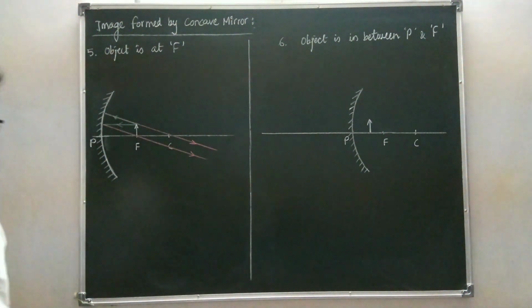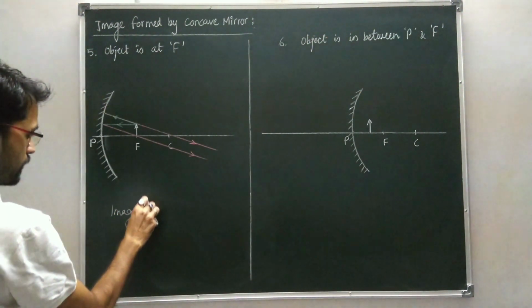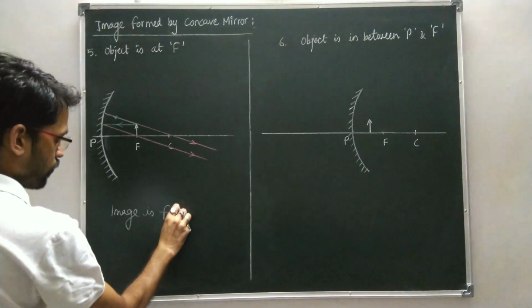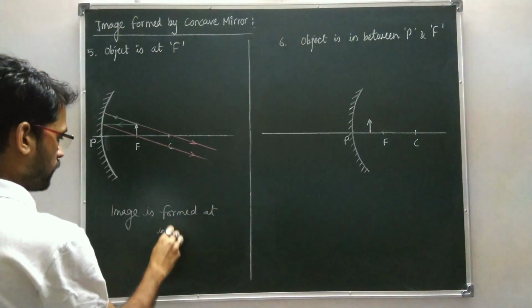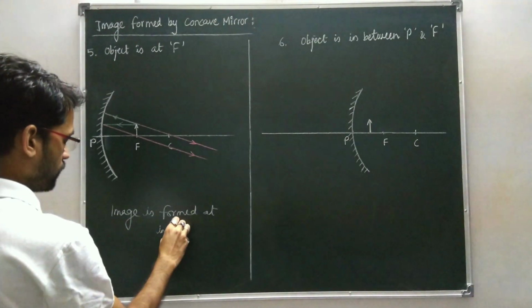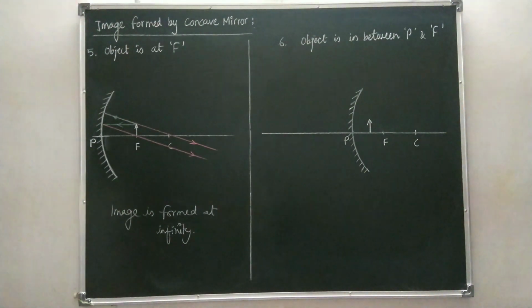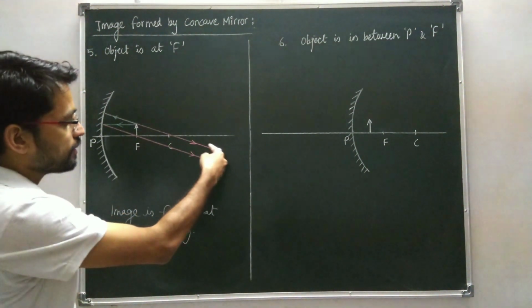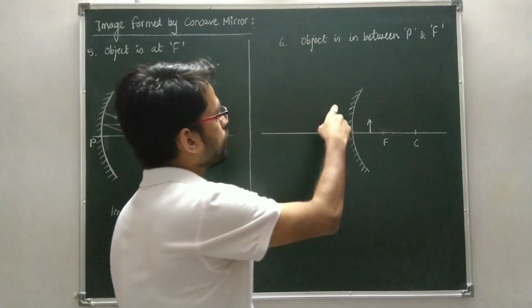So we can write the image is formed at infinity. Okay, because the reflected rays are parallel to each other. Okay, now